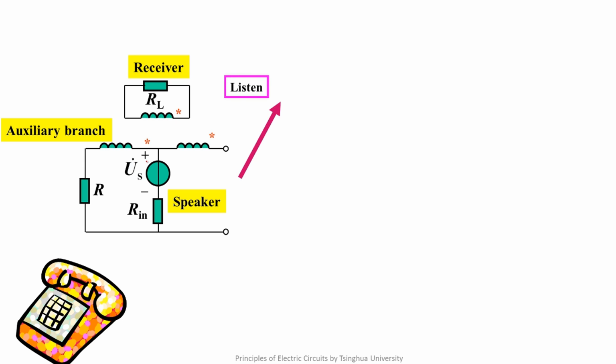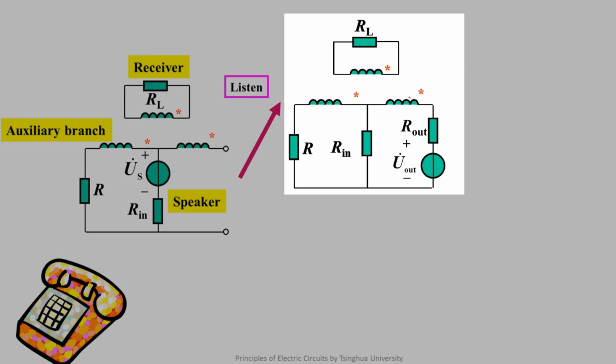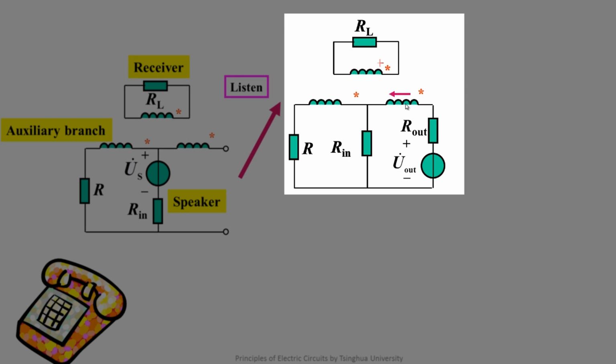We first look at the case when the other person is speaking. We assume that we don't speak at this time. The equivalent circuit is like this. The U out corresponds to the voice of another person. The R out corresponds to the equivalent resistance of a whole system looking to the right. We assume that the voltage is positive above and negative below. Then the current flowing into the coil from the left to right